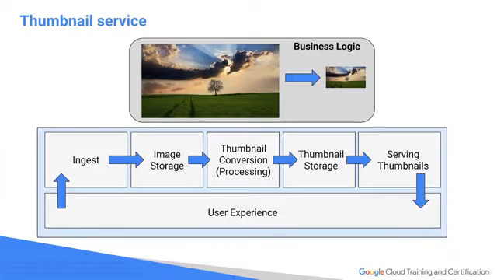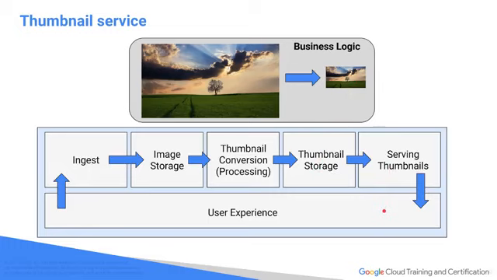So let's look at the business logic. Here's what happens. Basically, we want to take a big image and convert it to a thumbnail. So what does it look like? Well, we have some kind of user experience layer. This is our front-end presentation. Perhaps it's a website. Perhaps it's an application on a mobile platform. It doesn't matter. This is the logic on where it's coming in. The process is we're going to ingest whatever these images are. We're going to store them. Whether we store them temporarily, whether we store them on disk or in memory, doesn't matter. Again, this is our process. We are going to run some kind of conversion process on it. Then we're going to output that converted thumbnail back out to some kind of storage. Then we're going to serve it back to the user through that same user experience.